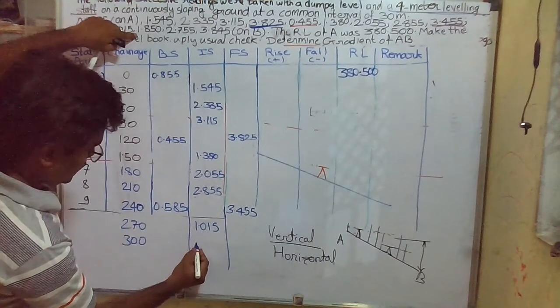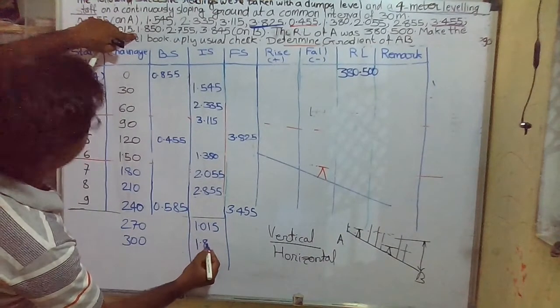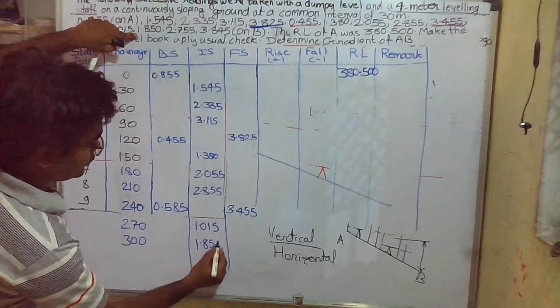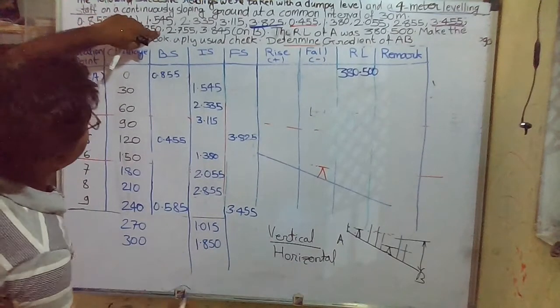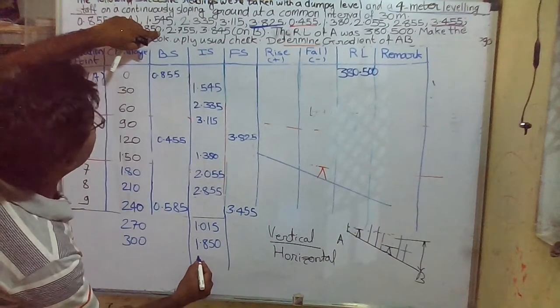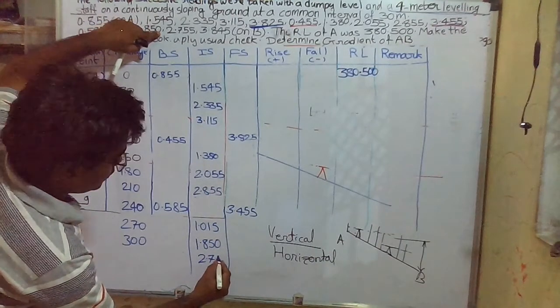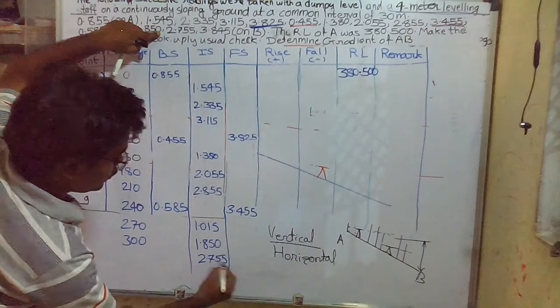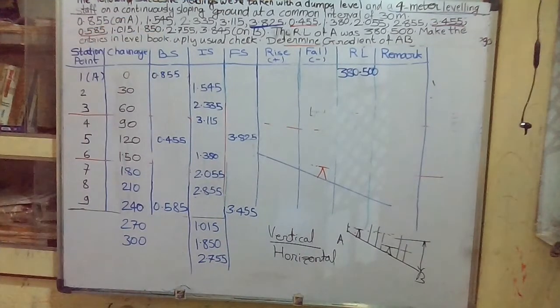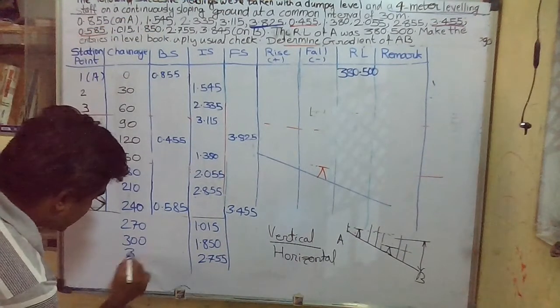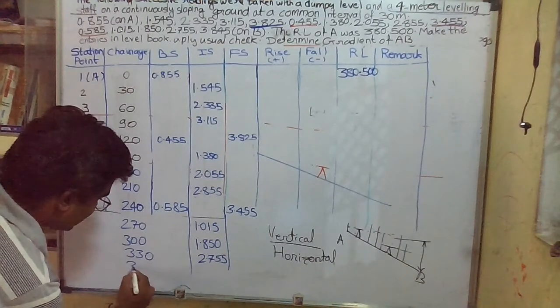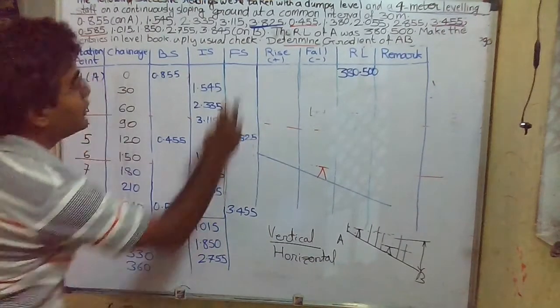Again 1.850. Again 2.755. Like that. Now 330, and the last reading is at a change of 360, and then we will write